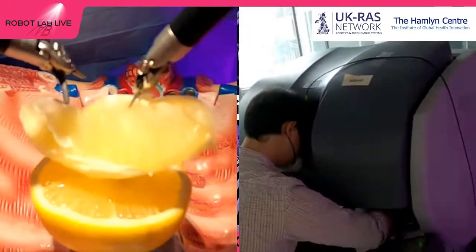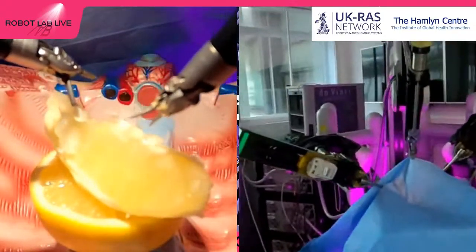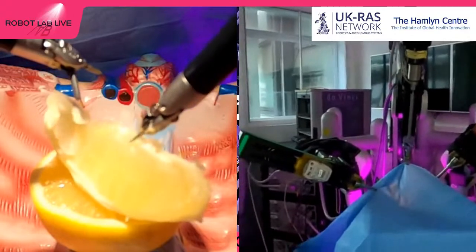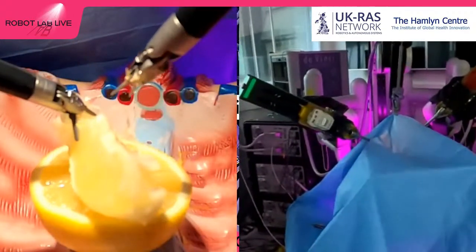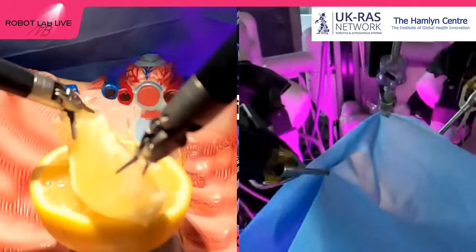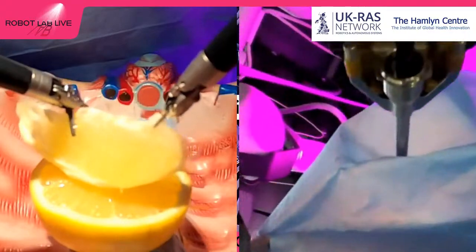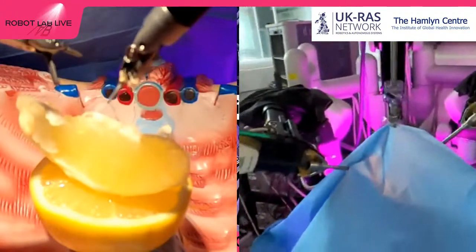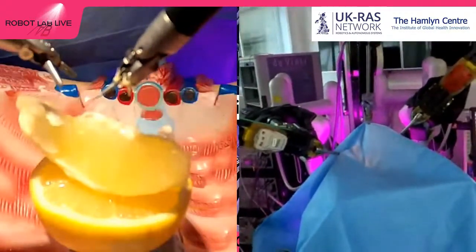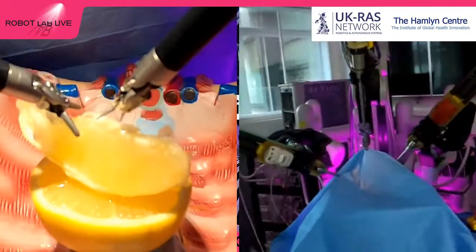Like some sort of virtual reality game. So if you think about it, it's as if the surgeon were inside the patient with his hands and his eyes, but through three very tiny incisions. So it's as if you hadn't had surgery at all, right? Which might be a bit of a downer for some people, like you go through surgery and you don't have an amazing scar, but